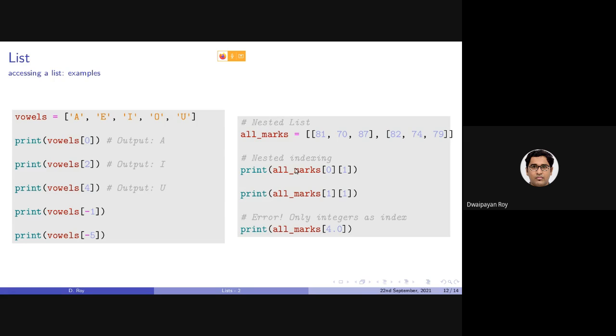Now to access the individual items, we need to provide 2 index operators, or 2 indexing values. The first will indicate which item in the first list you are referring to. As you can see, in this case it is the 0th index, right? And this is the first index.